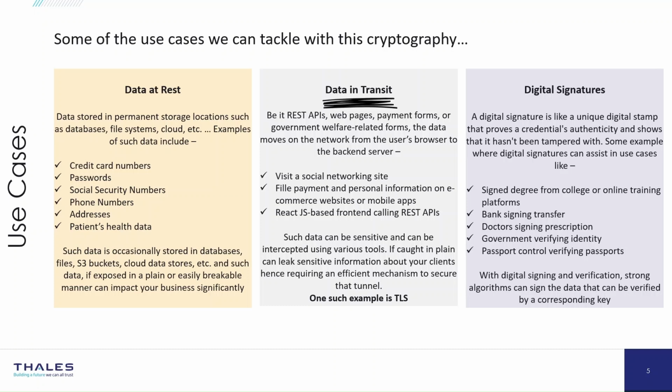Second is data in transit. Data is still moving between different layers. You have a REST API, you have a front end. The front end is sending information back to the API, and the API is sending that information back to the database. At every point, or between these channels, we need to make sure that the data which is flowing in these channels is secure. TLS is one good example: if you are hosting a website, you buy an SSL certificate, you put that certificate on your web application, and that certificate will make sure that the tunnel where the data is going between different layers is secured.